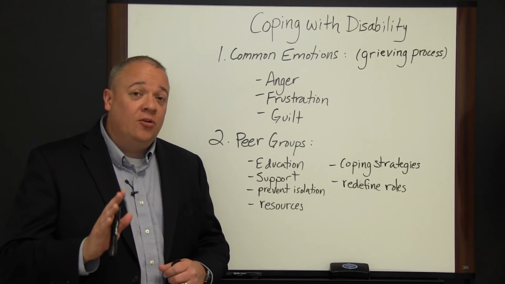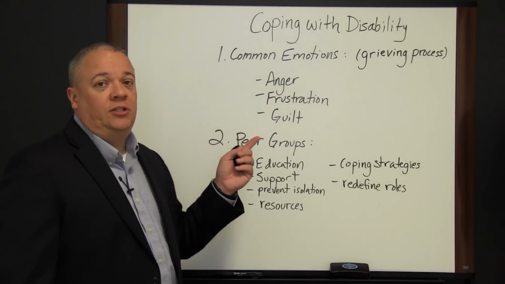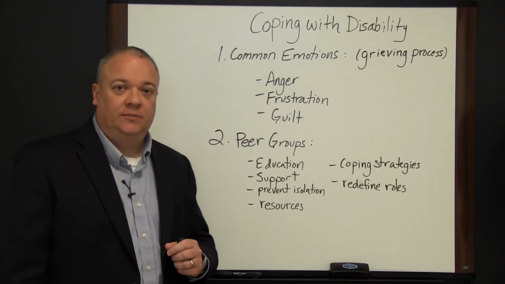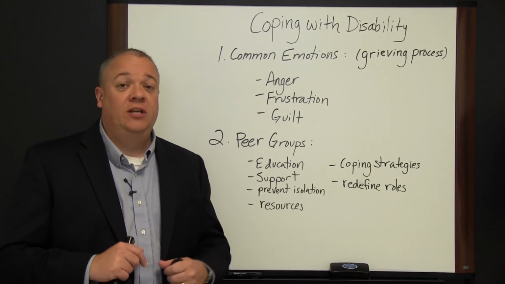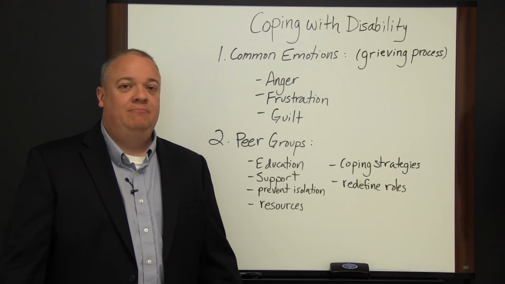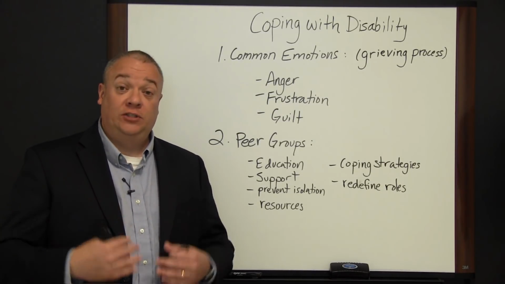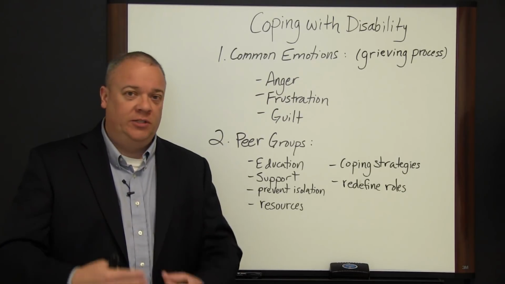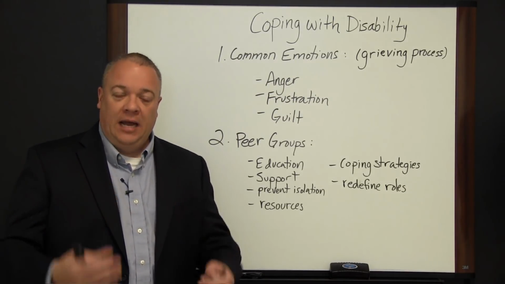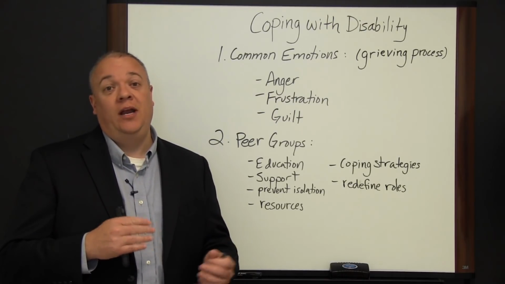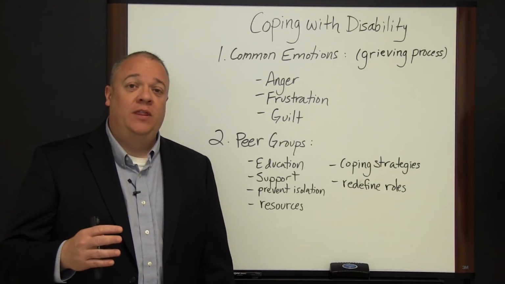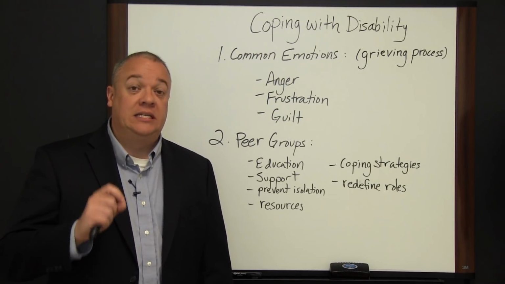In that grief process, the three main emotions that are generally felt and experienced are anger, frustration, and guilt. And these also are associated with grieving as well. Anger: why me, why us, why now, why did this happen? So there's a sense of anger, a sense of frustration. I don't know what to do. I don't know what to expect. Where are we going to get help? Where are there resources? I feel helpless. And in some ways that gives way to hopelessness. So there's anger, there's frustration, and then the biggest one that I think most people need help with is guilt,